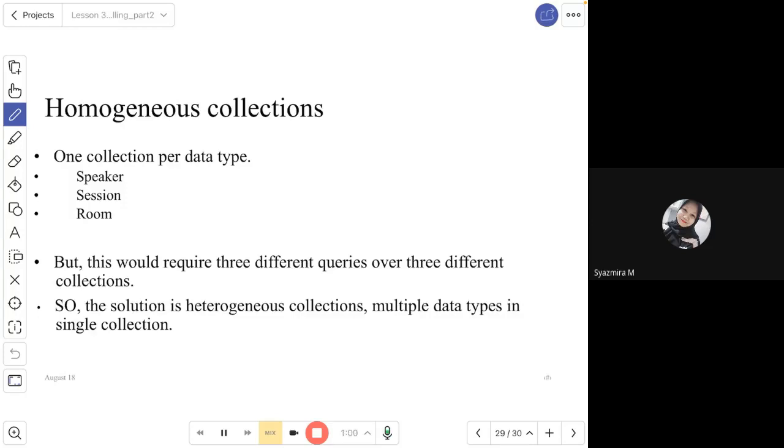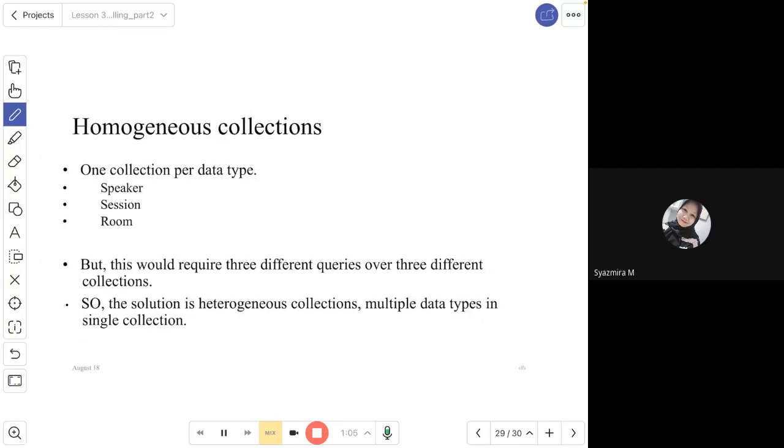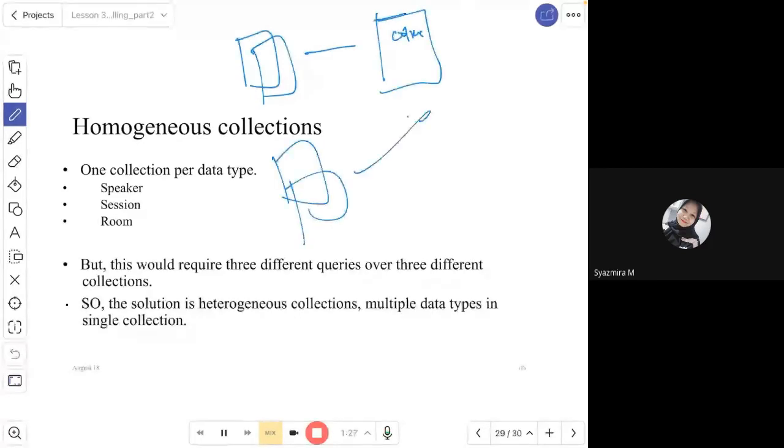So last sekali ialah kita panggil homogeneous collections. Okay, apa maksud homogeneous collection? Kalau siapa yang tak tengok lagi video, kalau ikut NoSQL design, dia kata setiap dokumen dia akan letak dalam satu collection. So akan ada banyak-banyak dokumen akan ada another collection. So collection ni kita simpan dalam satu